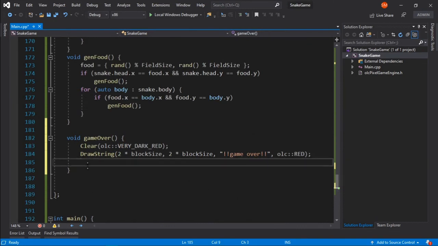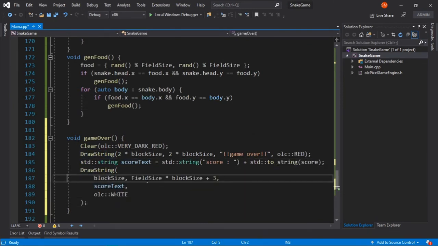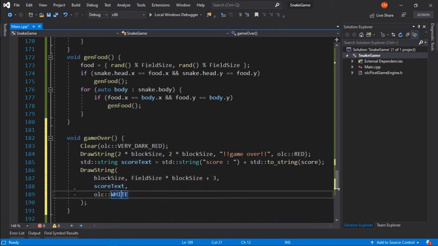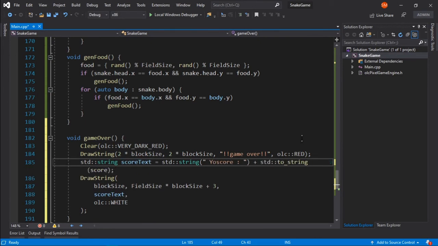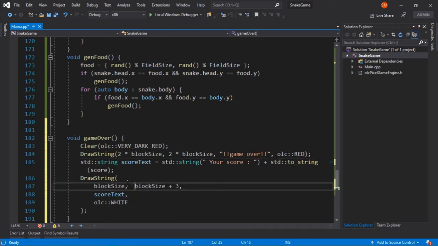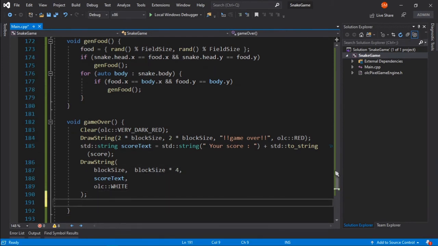So here I will say that we want to say here your score, and then it's going to be located at, let's say, block size times 4. Okay, and then if you press, so if get key,